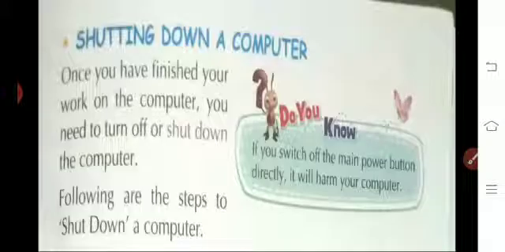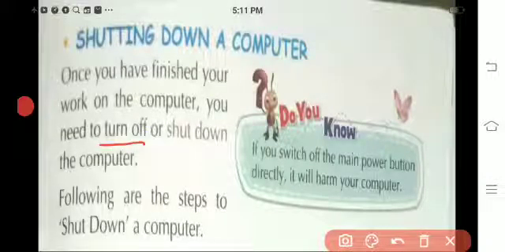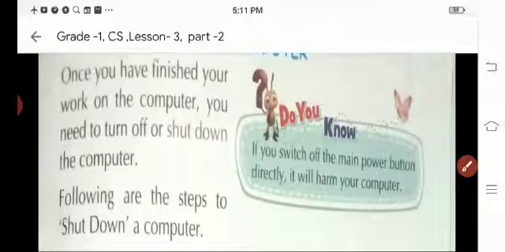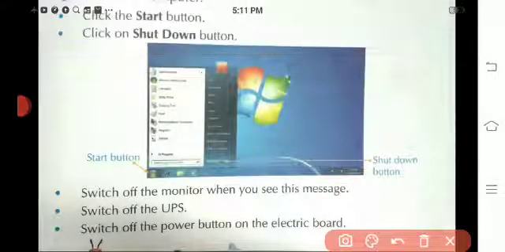Once you have finished your work on the computer, you need to turn off or shut down the computer. Following are the steps to shut down a computer. First, click the start button.